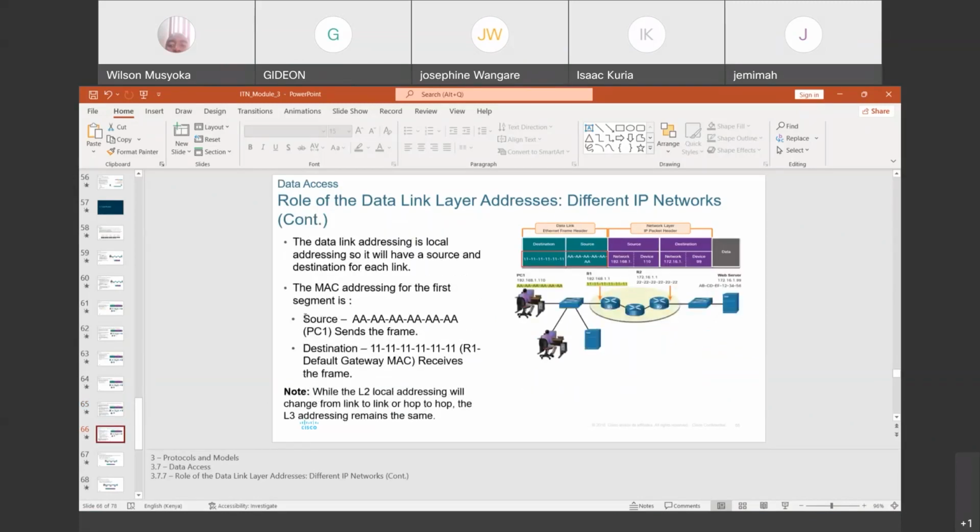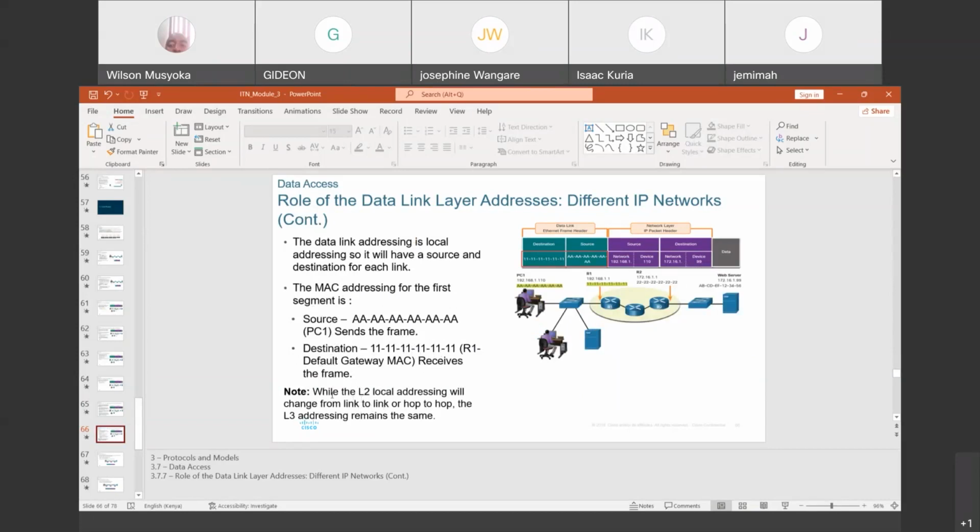So the data link is local, that is what we have said, and it will have the source and the destination, that is the MAC address. So here we are looking at the source and the destination, which is the router. Once the router receives this frame, then the use of local addresses ends there.